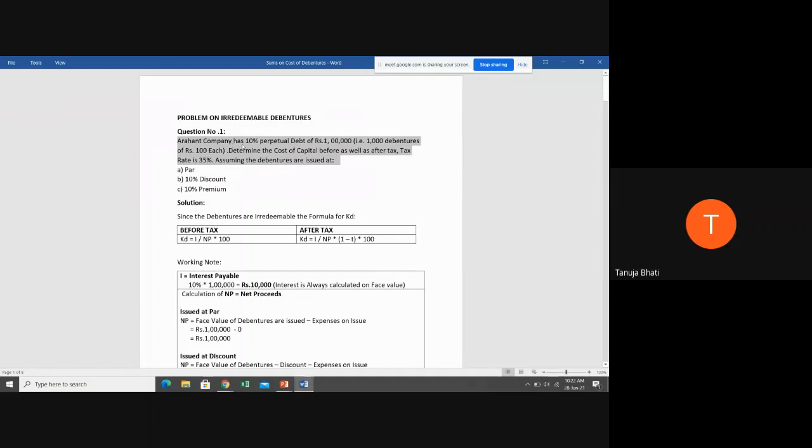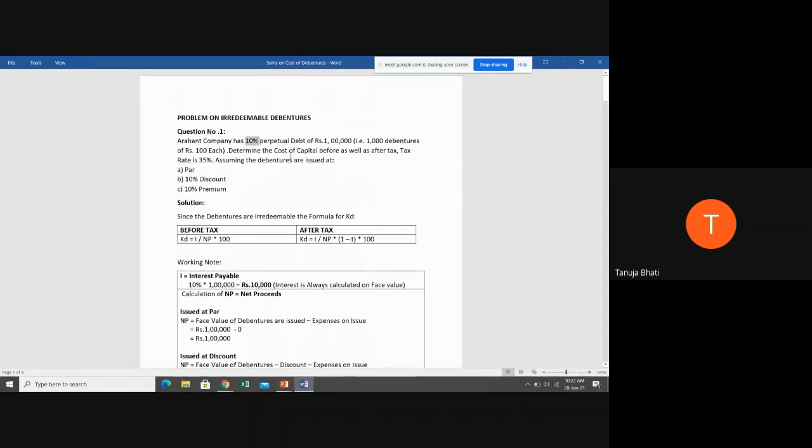The company has issued 10% perpetual debentures. So what does this 10% signify, students? Interest rate. Very good. So always remember, don't sit searching for the interest rate. Interest rate will be prefixed. Prefix means before the word debenture, the interest rate will be prefixed. Even if you read in newspapers that a particular company has issued 15% debentures, you need to understand that the debentures are going to carry an interest rate of 15%. Okay, now as you all told me, 10% is the interest rate.